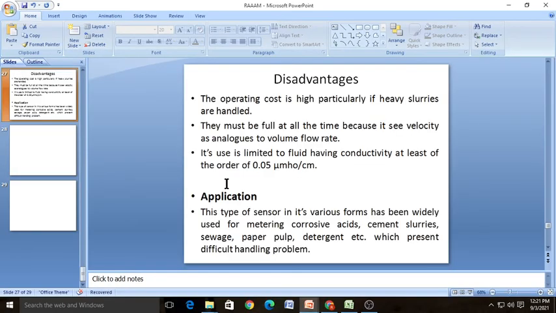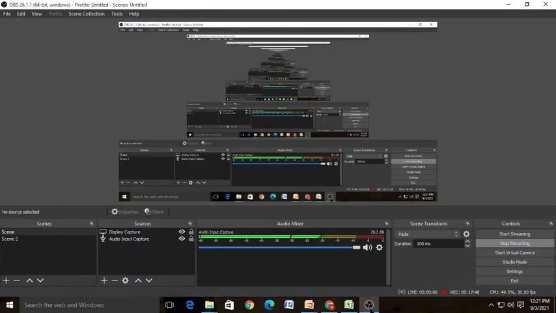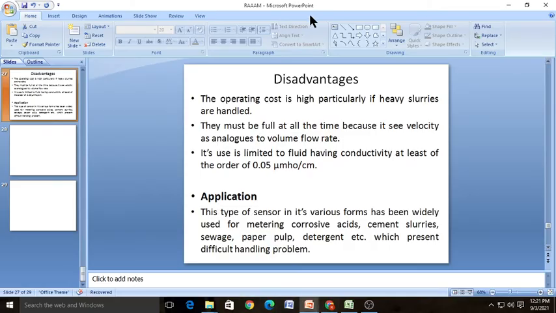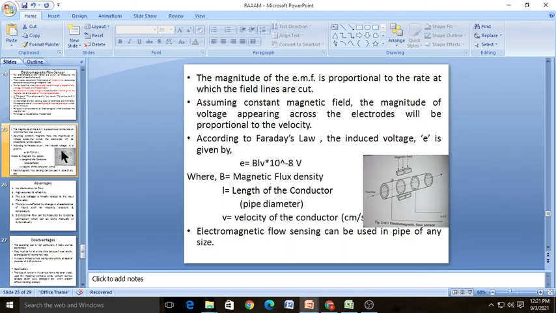Okay students, so here we are stopping. In the next section we will see about some color sensors, which are RGB type, then biosensors, enzymes, ECG and EMG.